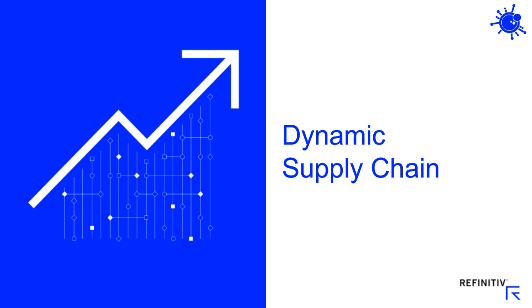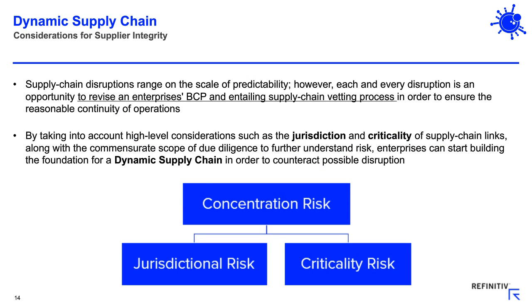Thanks, Charmaine. I think the high-level considerations, as we spoke about earlier: COVID is one of the most pervasive disruptions we've ever seen, but it has also exposed not only the reactiveness of our BCPs in certain industries, it has also demonstrated specific risks. And as you alluded to, a lot of manufacturing is based in China, and a lot of medicines are manufactured in China and India, which is one of the headlines in the news right now.